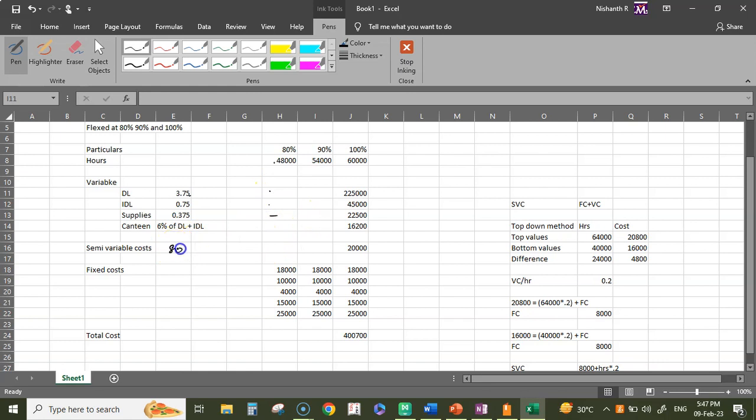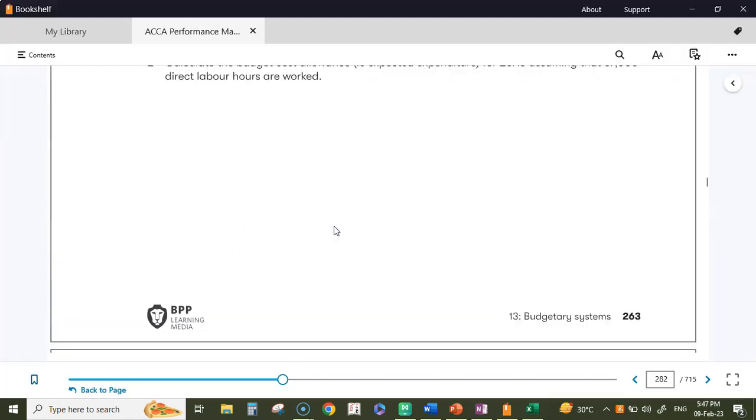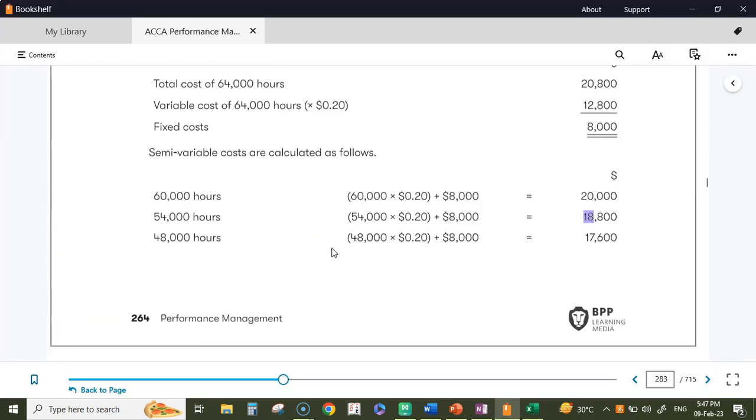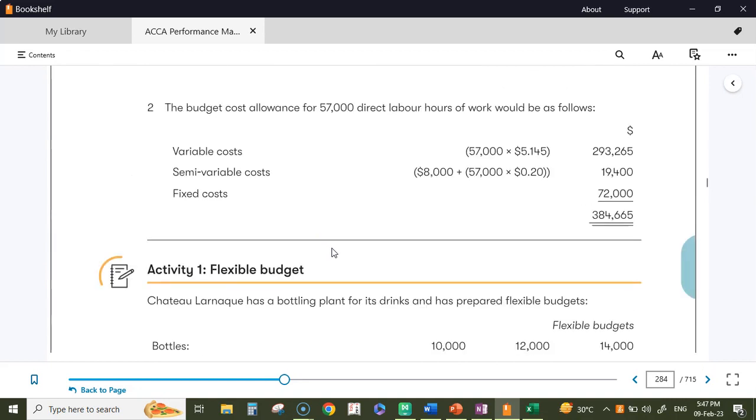Here it is 8,000 plus hours into 0.2. You'll get this and this. Just add it up and you'll get the answer. That's all for this particular question. Very simple, just repetitive work, right?